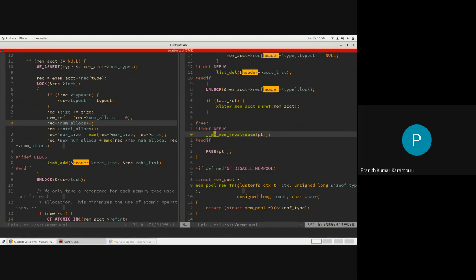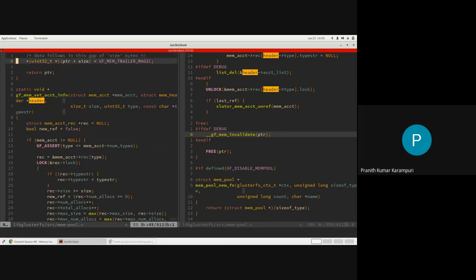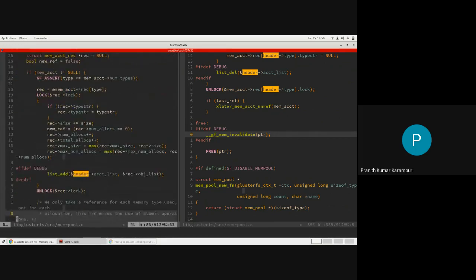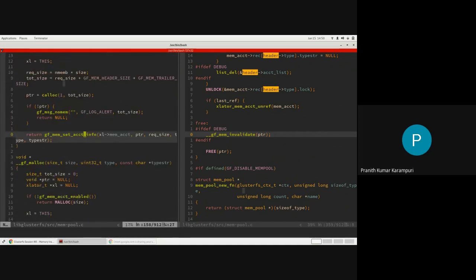So things become more predictable if we do the invalidation while we are running the tests. So this is how the records get manipulated for each of the types. Every time you do a GF KLOC, you are telling what is the data type, and every time you do a GF free, the numbers get decremented.